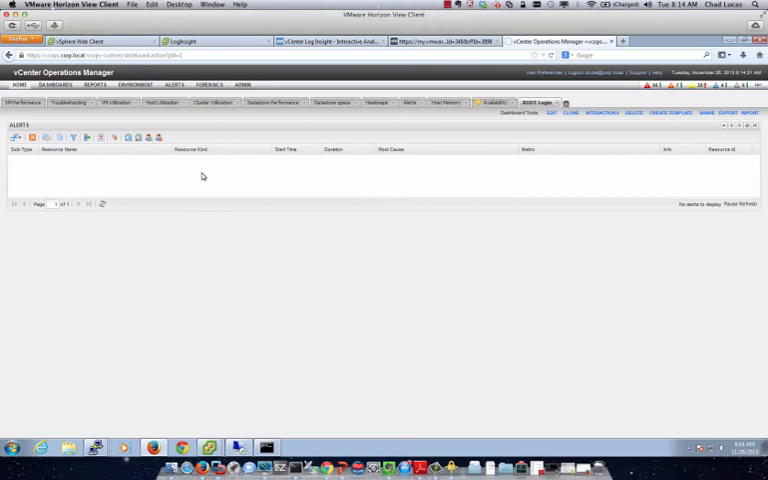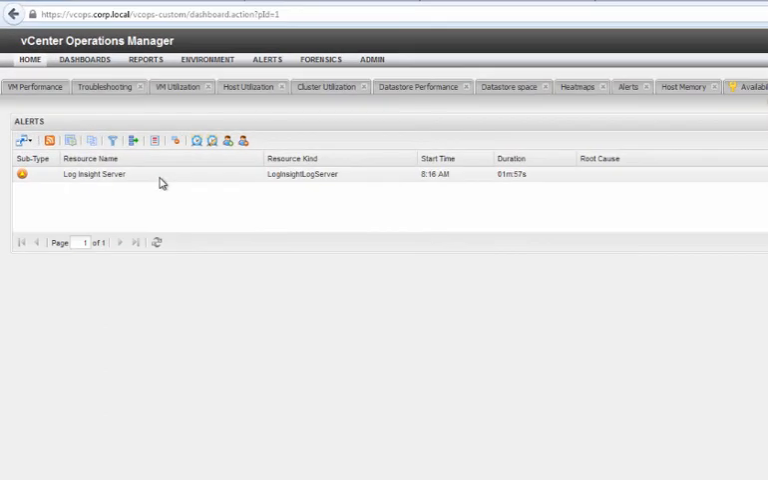After a few minutes, this widget will refresh, and about every 5 minutes the LogInsight server will send updates to vCenter Operations. So within a few minutes, this will populate with an alert, and we can dive into that. We've waited a few minutes, and you'll see that now an alert has popped up in here. If we double click on this alert,